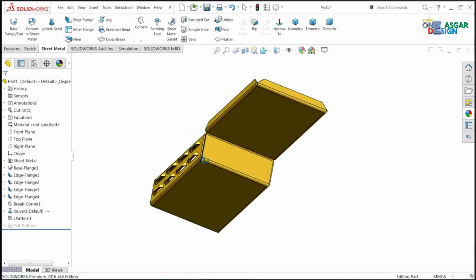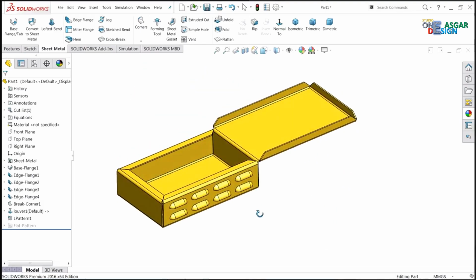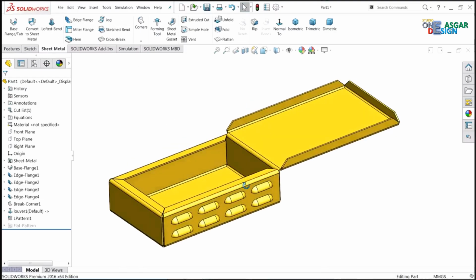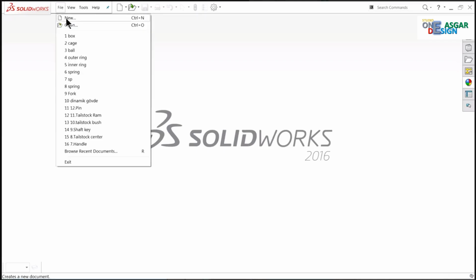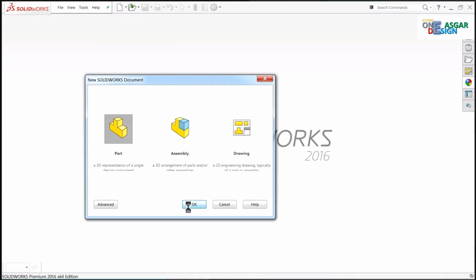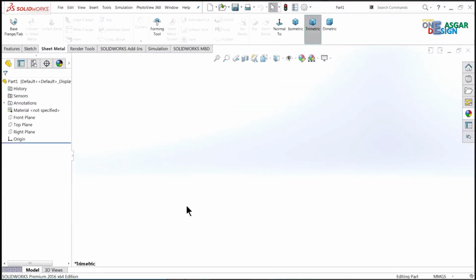Today we are going to do a simple exercise in SolidWorks sheet metal, and we will create this exercise with the help of sheet metal tools. So let's start to create this one. Let's try to make a simple exercise in Autodesk SolidWorks sheet metal. Let me choose New Part. Now we are going to practice some sheet metal